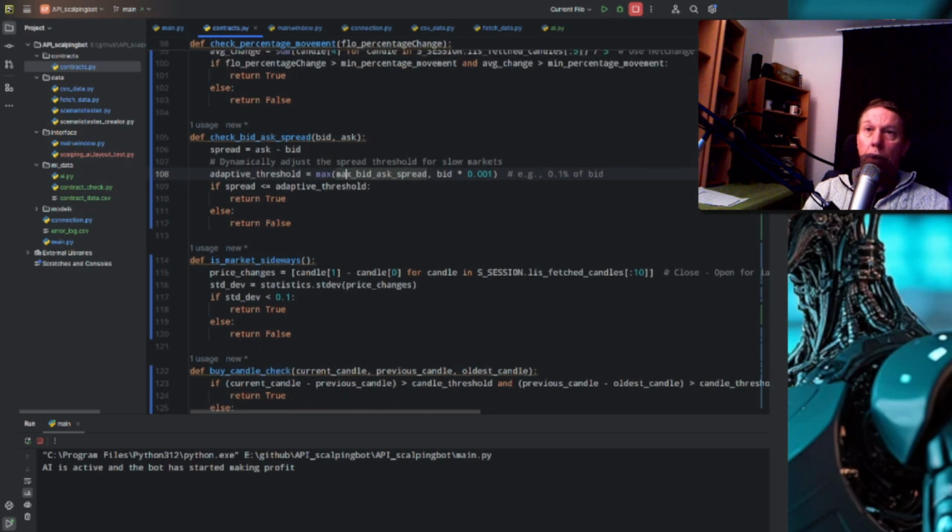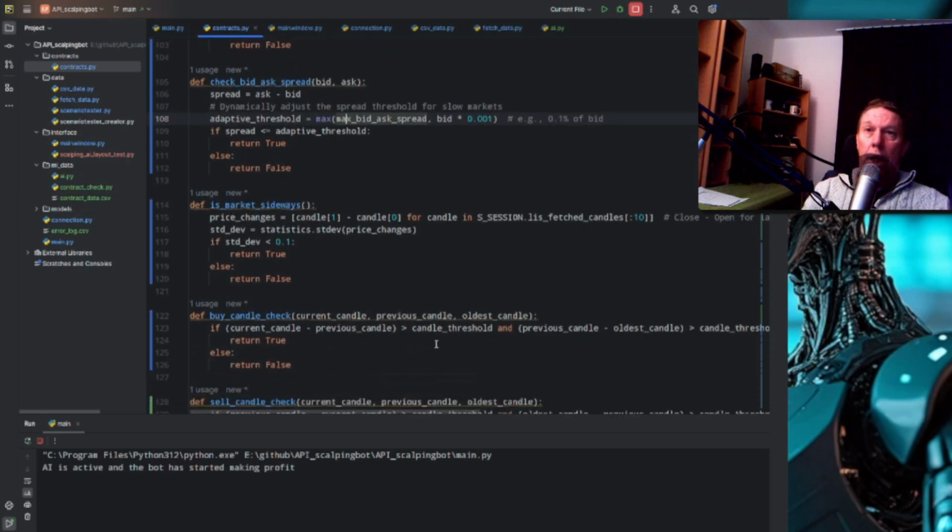And the third one is a market sideways function. It tells us, is the market going sideways? And to determine if the market is going sideways, we check for the price changes, the candle sell minus the candle buy in each candle for the last 10 candles. So if there is almost no change